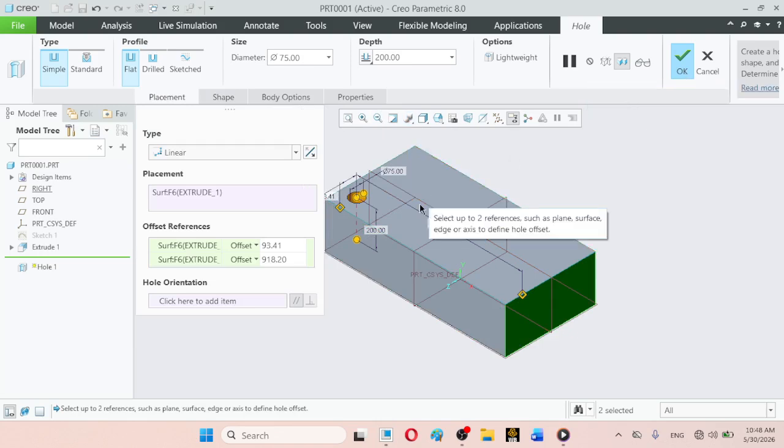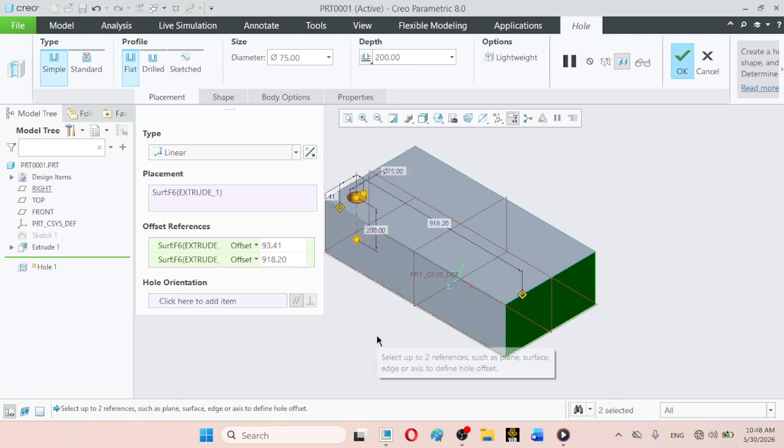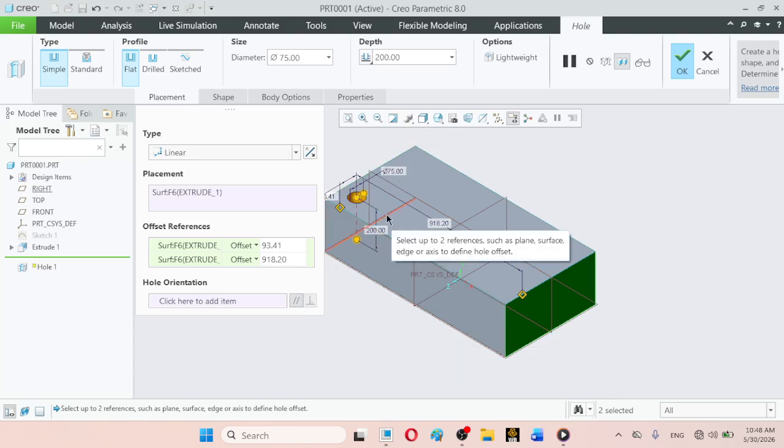After that we will be locating its position in this placement face, because the first feature, which is to be patterned, must be correctly defined. So assume the length of this cube is 1000 units and the width is 500 units.